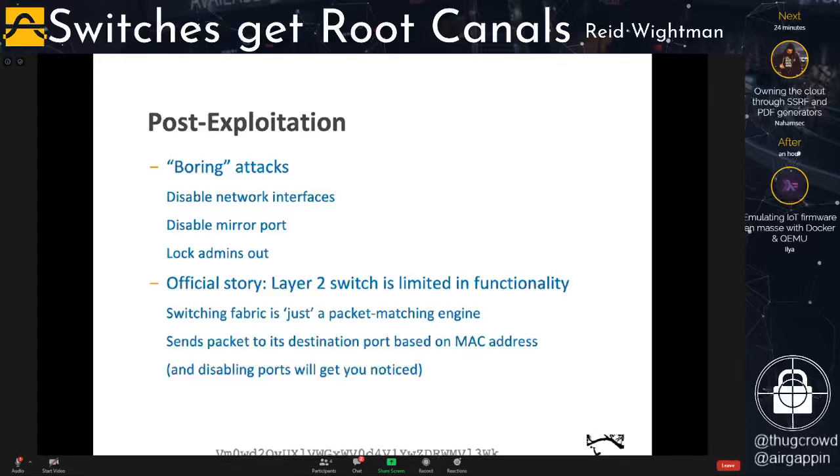There's a bunch of boring attacks you can do on a network switch. You could disable network interfaces, you could disable the mirror port, you could probably lock the administrators out. I view those as all pretty boring because that's probably going to be something that gets observed. It would be a lot more interesting to do some attacks that are a little bit trickier to detect, and then maybe have some more interesting outcomes and impacts against the people who happen to